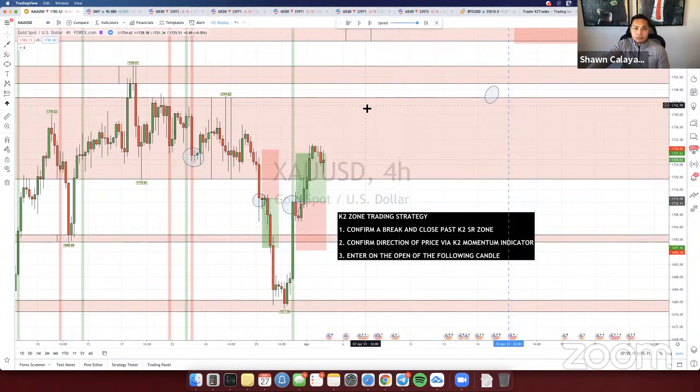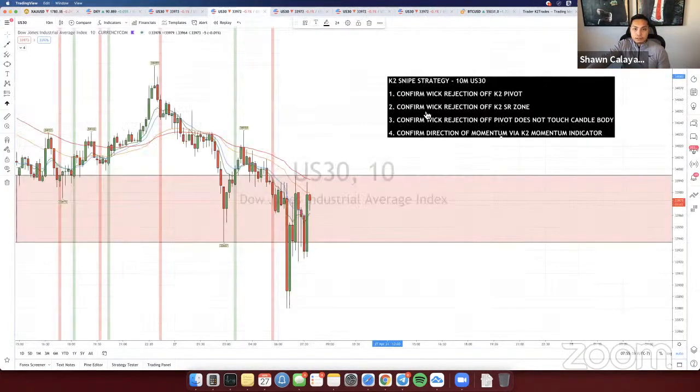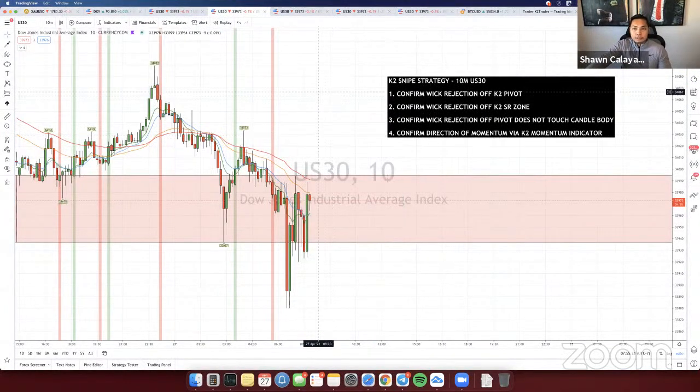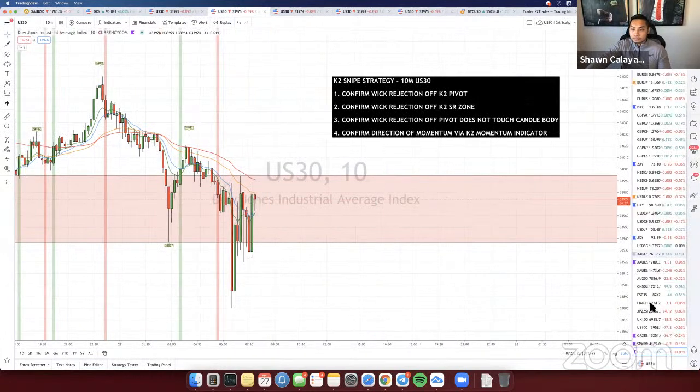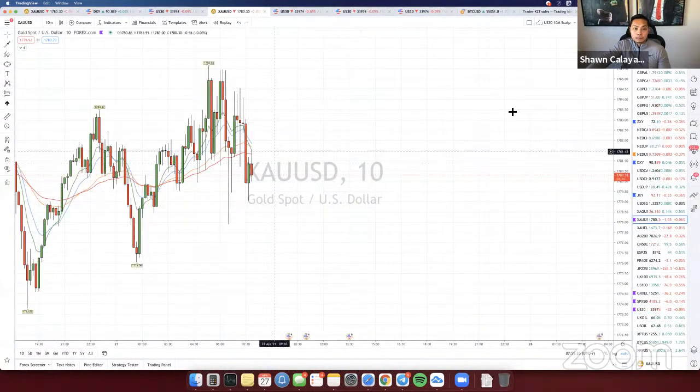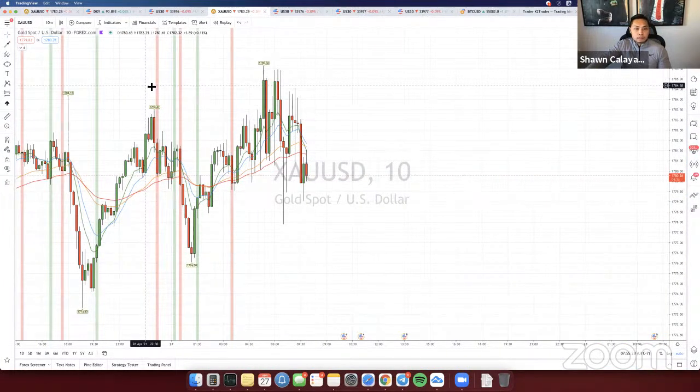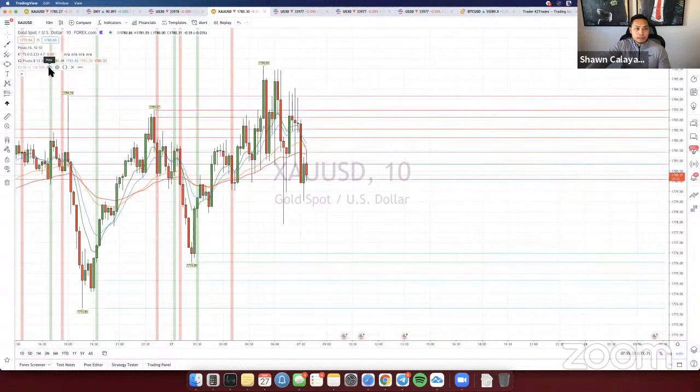The other strategy that I was just mentioning, the scalp strategy. Well, I could show you this one right here. So this snipe strategy, this works for gold as well. So using the same strategy, I'll go over to gold real quick. All right. So looking at this here, see if I can find any entries here for you. See if I can find anything.